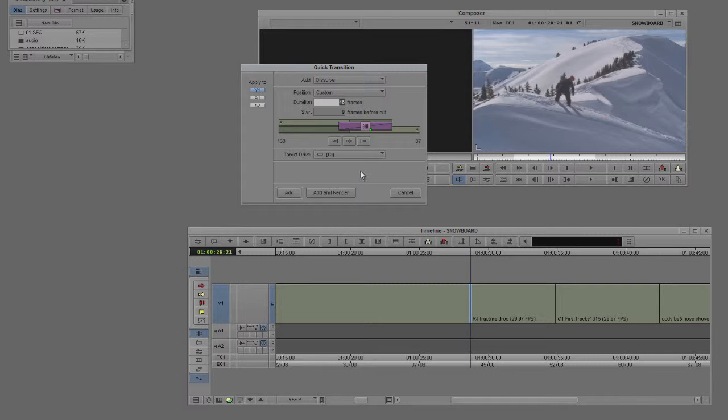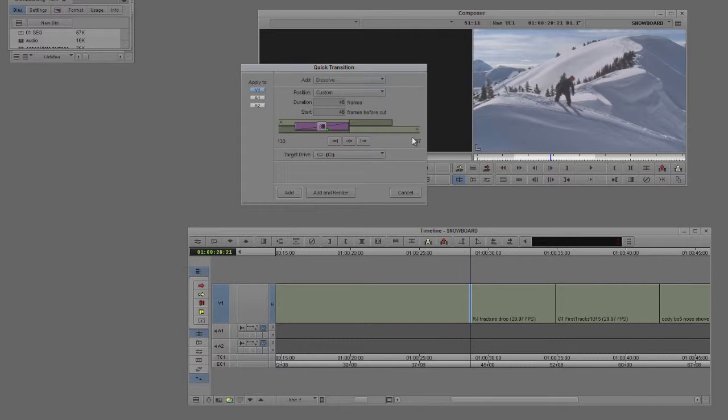Or maybe I want it to the right. Or maybe I want it to the left. And what that means is I'd be starting that dissolve before the actual transition point. And right at that transition point, it would cut to the next shot. So you start at A, and it'll start dissolving, and then it'll dissolve right into the first frame